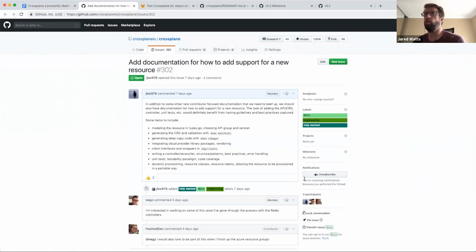As people are getting ramped up on the general process for adding support for new resource types in Crossplane, we're seeing a definite need to get that process better documented, and probably some areas where we can streamline it, where we can potentially add automation to scale the addition of new resources more effectively to the project.